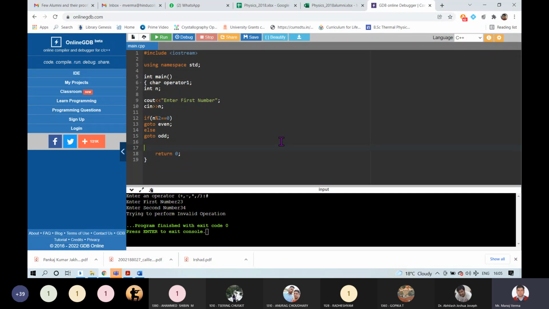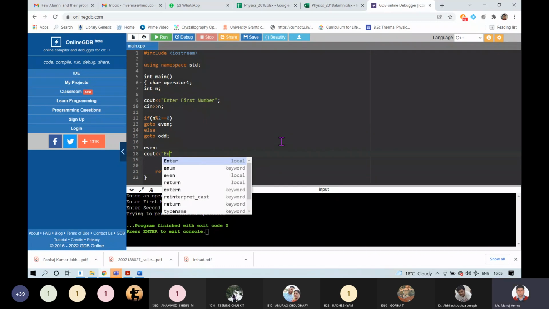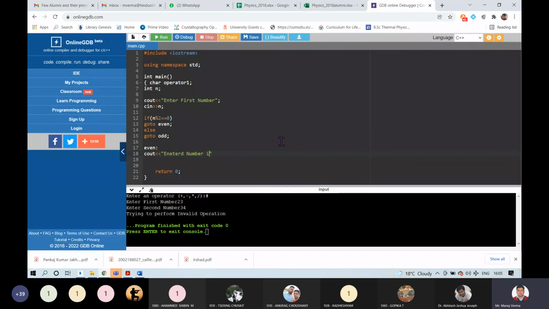But now I have to define these labels. Even label is cout, entered number is even. I just want to display this line in the even label.